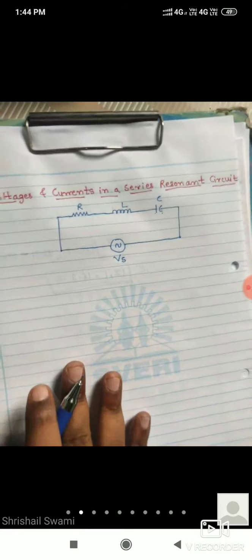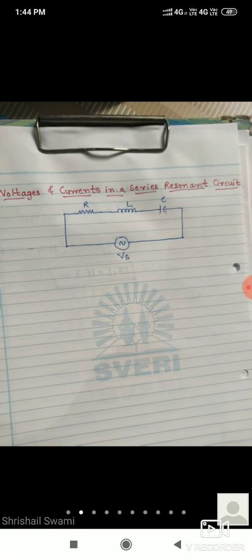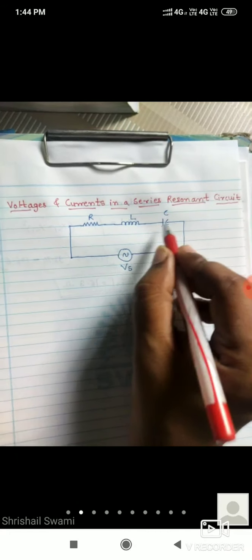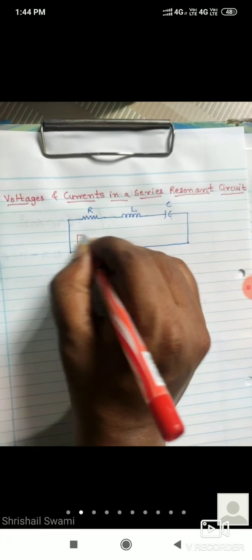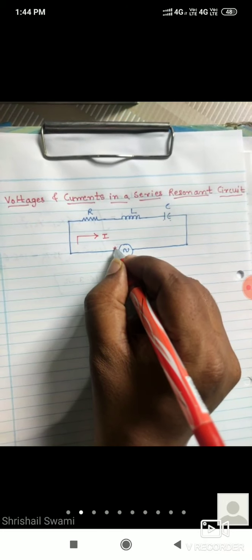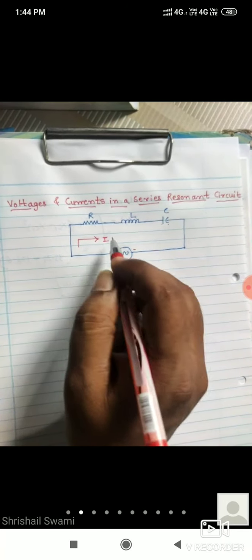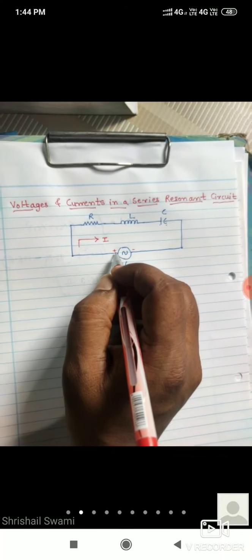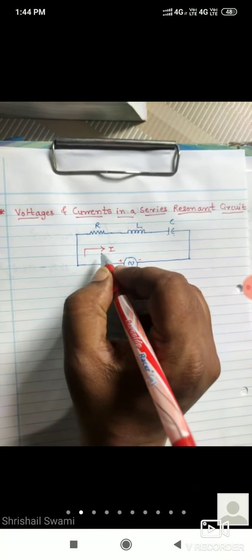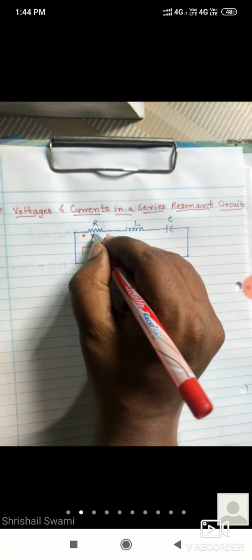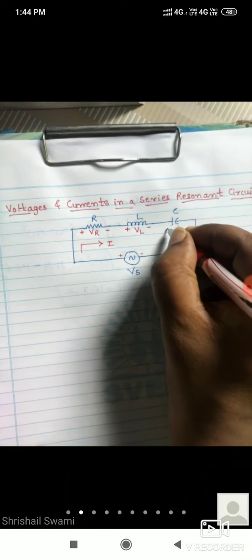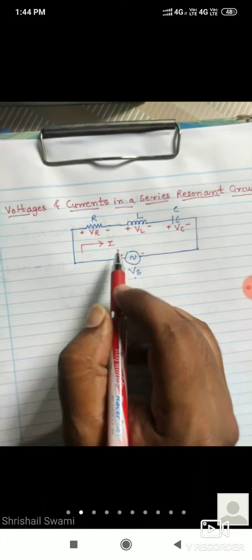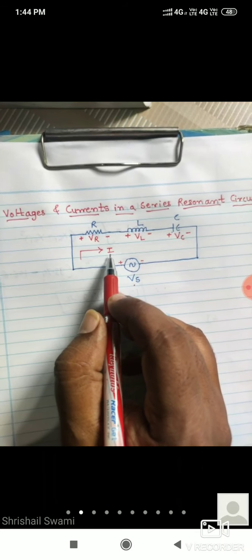So this will be the supply voltage Vs. As you know, when R, L and C are connected in series and you apply the supply voltage Vs to that series combination, current will start to flow in this direction according to positive and negative, as this is an AC circuit. Positive is connected here, negative is connected here. So I will draw the voltages here: VR, the voltage across L will be VL, the voltage across the capacitor will be VC, and the total voltage will be Vs. The current is the series current, I.